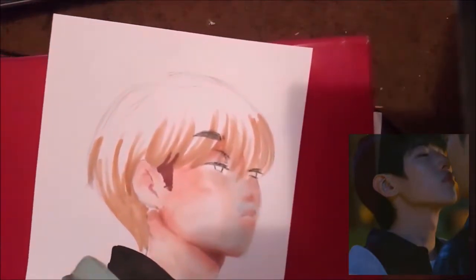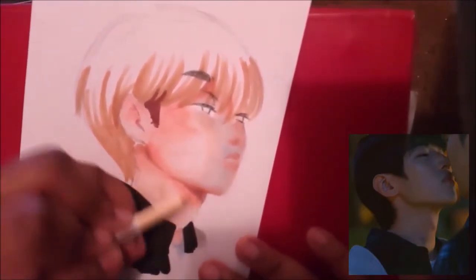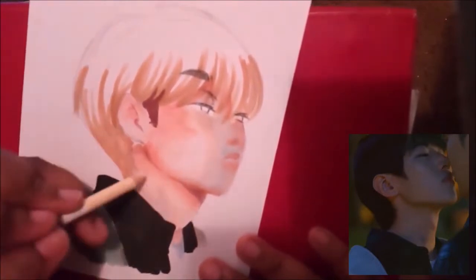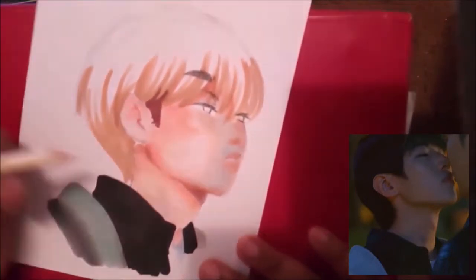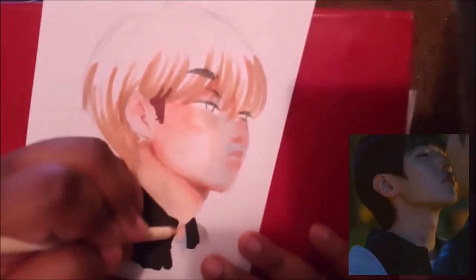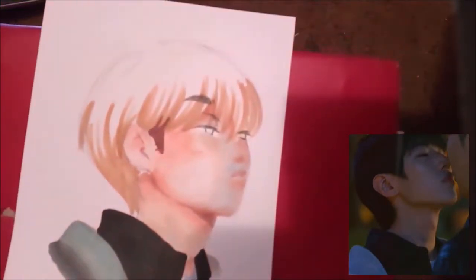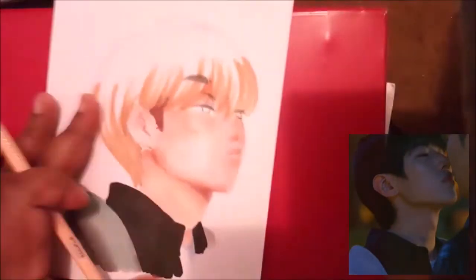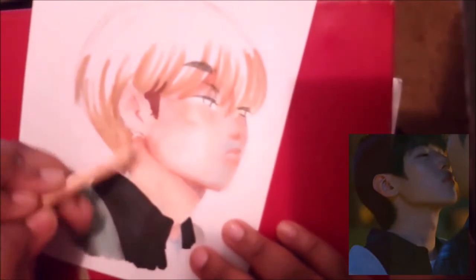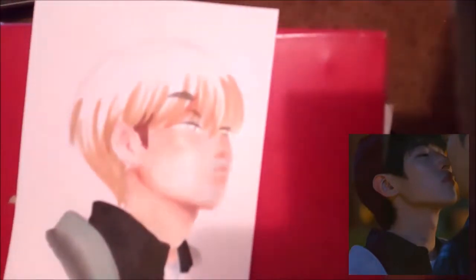And then I went totally colored pencil savvy. So for the rest of the drawing, I did it with straight colored pencil. As you see me do here, I went over his face with a lot of colored pencils because I just did not like how the marker wasn't blending. I did use my Crayola erasable colored pencils, but I'm like, you know what, I'm just going to bring out my Prismacolors. So literally I used my Prismacolor pencils to color the rest of this.